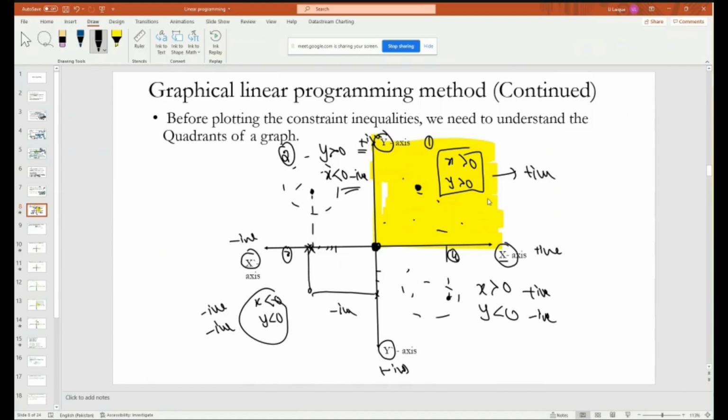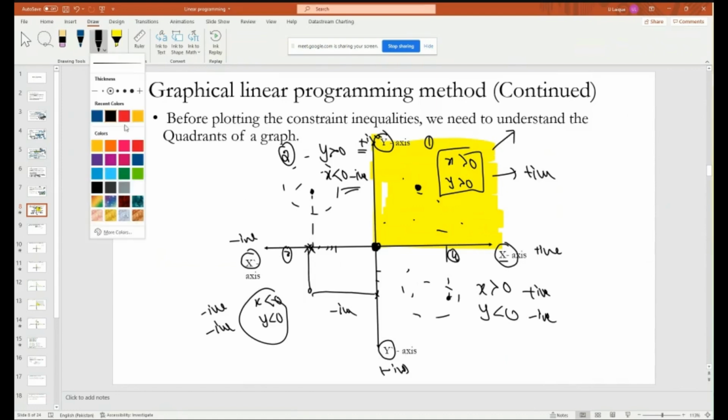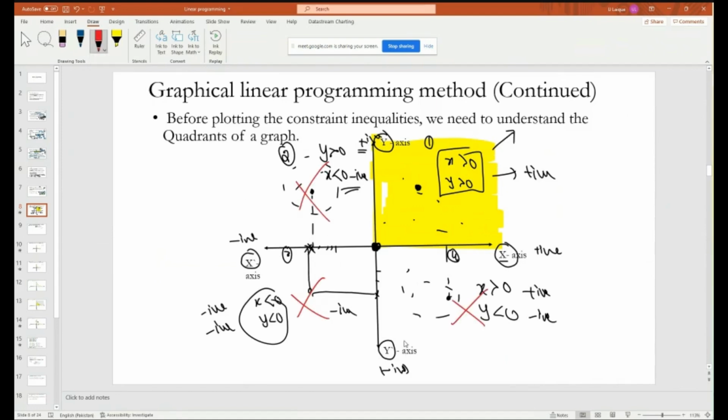So which is the only quadrant that accommodates the positive value of both x and y? That is only the first quadrant. So the rest of the quadrants we cannot use in linear programming, or rather the solution will only lie in the first quadrant. So now, once we are done with the very basic introduction to the graph, where the solution will lie,